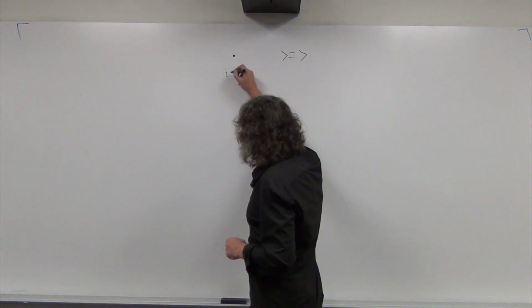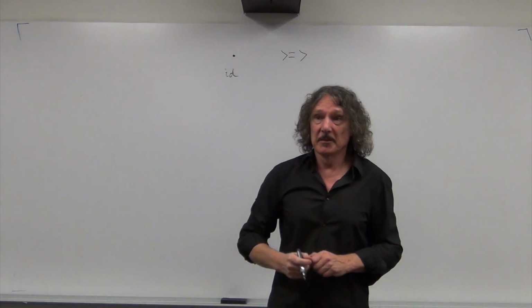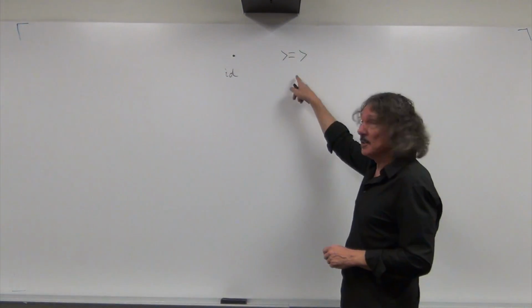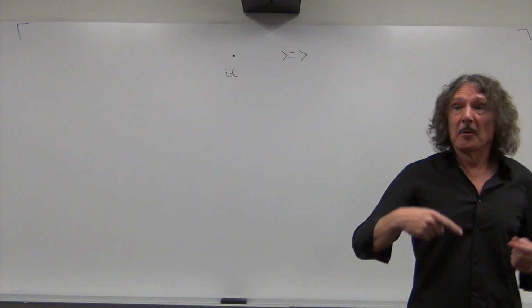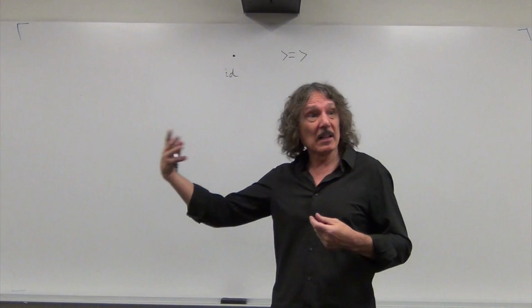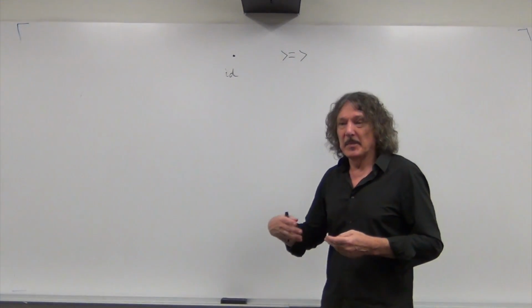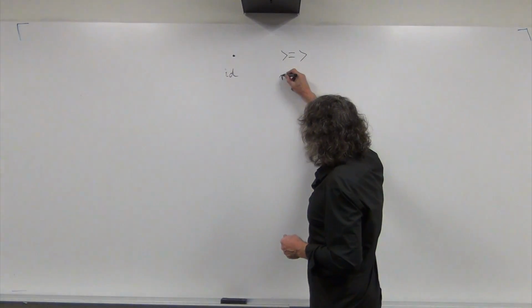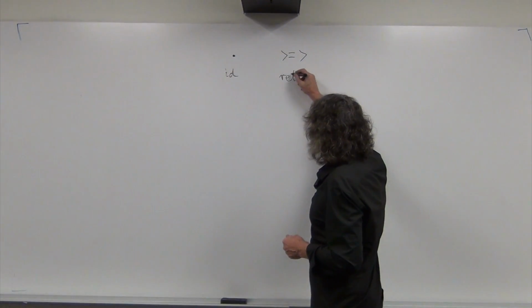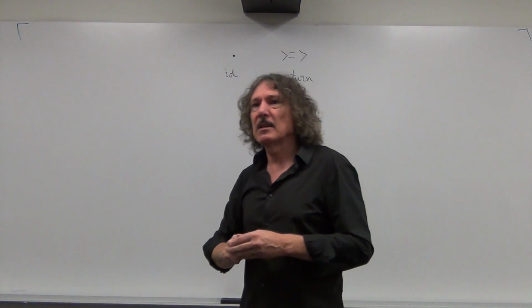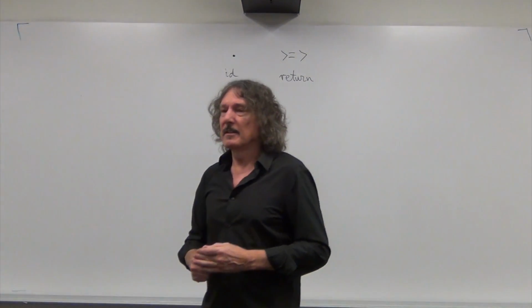And just like we had the identity function here, right? That's an identity with respect to the dot. Right here we had this Kleisli arrow that represented identity that returned this embellished result, but of the same type, right? And that we called return in Haskell. And it's called return because